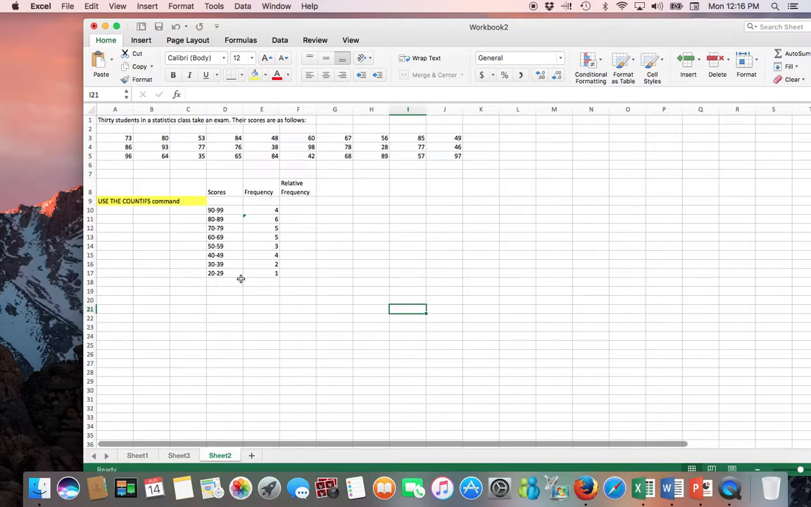Like we discussed before, we want to sum these up as a means to check our work and make sure that we sum to 30. So we'll come over here, we'll hit auto sum, and we have our 30. To find the relative frequency, we're going to divide this number by the constant 30, and 4 over 30 is 0.1333,